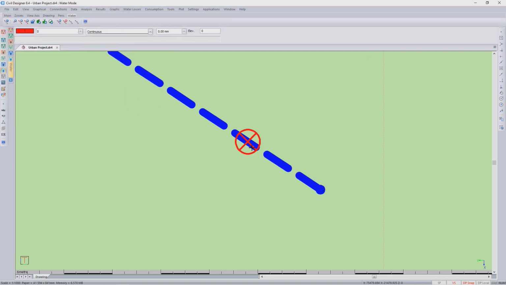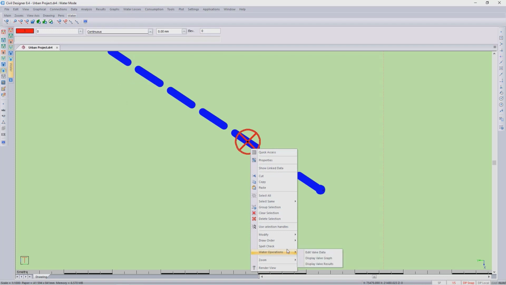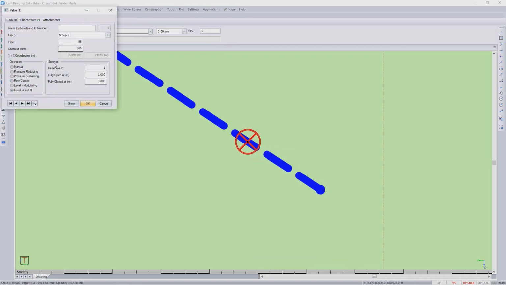And then the valve switch, I've got set that at on-off level for reservoir ID number 1. The flow should be fully open at 1 when it reaches 1 meter deep, and fully closed when it gets to 3 meters. Some people say that should be 2.9 because you don't want to go right to the roof